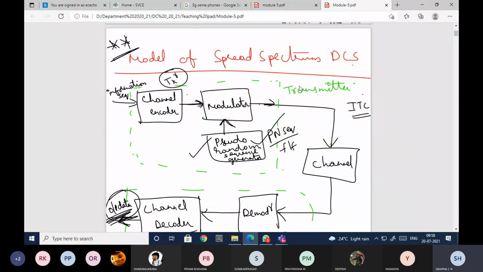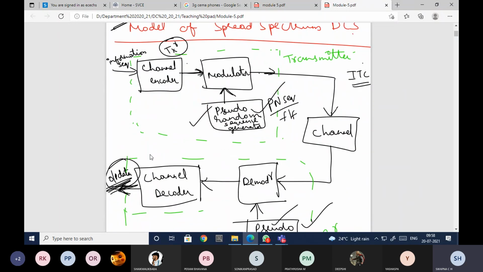Coming to the block diagram representation of the digital communication system along with spread spectrum, this is the block diagram. Here, first we channel encode whatever information we are getting. The channel encoder adds redundancy to the information.